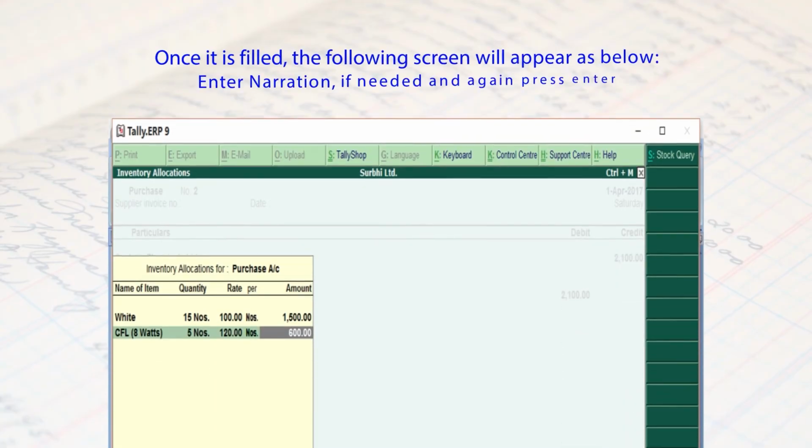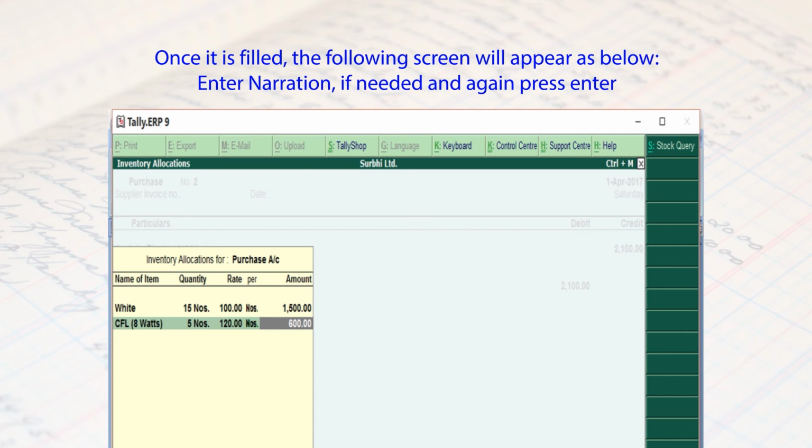Now you can see purchase voucher number 2. Purchase voucher number is 2 here because we have already entered one transaction in purchase voucher, if you remember, under the journal voucher. So here purchase voucher number 2 is given. You can see under purchase both the items which you have purchased are highlighted with quantity and even the amounts. If you are satisfied, put the narration, accept, and your entry will be recorded. If you see purchase voucher number screen 3, it means your entry has been successfully created.